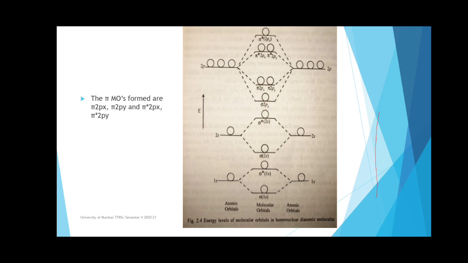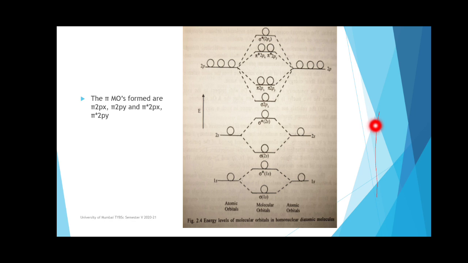Okay, again I will repeat. The three 2p orbitals of the first atom combine with the three 2p atomic orbitals of the other atom. So a total of 6 atomic orbitals of both atoms combine, and there will be formation of 6 molecular orbitals. Out of 6 molecular orbitals, 3 are bonding molecular orbitals and hence their energy is lowered, while 3 molecular orbitals are having higher energy and therefore they are written at the higher level.